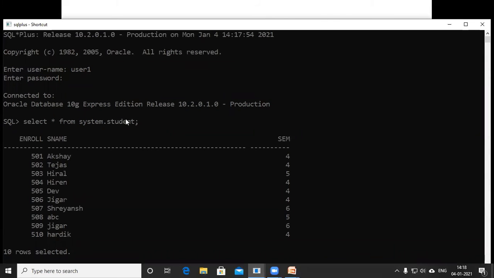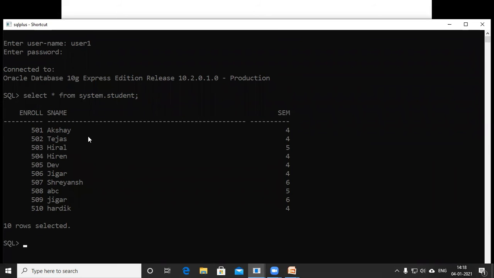Here we can see that user 1 has the privilege to select records from the table student, which is owned by the system user. It means user 1 has the privilege to access records of the student table which is owned by the system user. Now we want to take back those permissions from user 1.